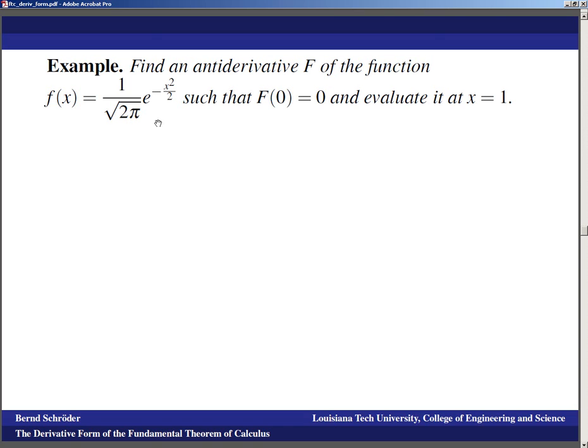Okay, this function is relevant because it's what we call a standard normal distribution in statistics, so it's a function that really has quite a bit of physical meaning, and you'll see that in the statistics part of these presentations. And another thing is that because this function is so important, people were interested in its antiderivative, couldn't find one, and ultimately in the late 19th or early 20th century, a mathematician just sat down and said, look, I'm going